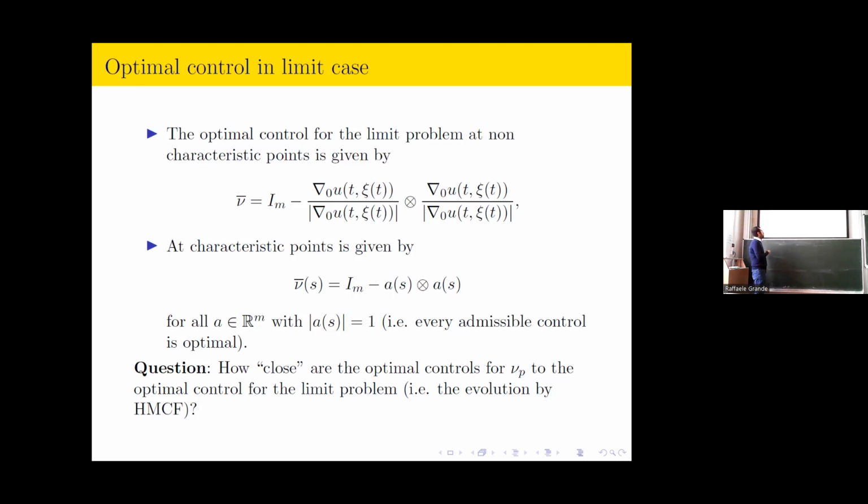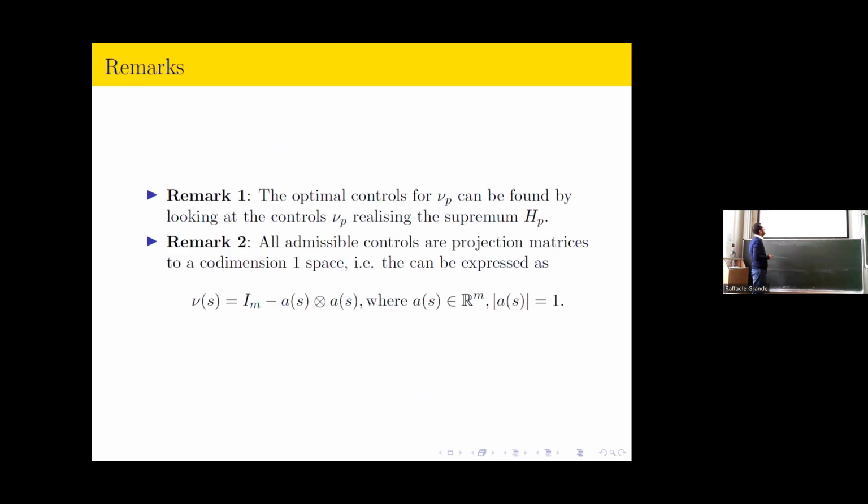So now we are asking how close the P optimal control is with respect to the limit problem 1. It's an important question, because we are working with an approximation of V, that is P, and this gives us information about the structure of the problem. The first remark that we can make is that the optimal controls for P can be found not by looking at the value function, but by looking for the supremum of HP. Secondly, we can define all the admissible controls in the following way,